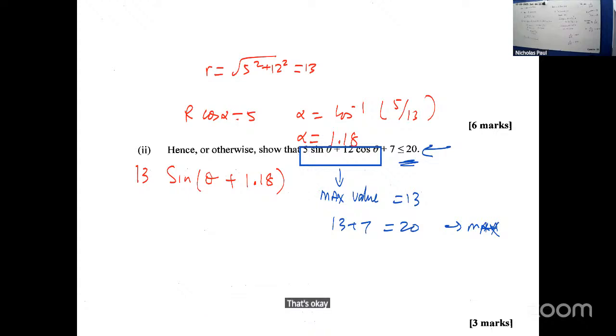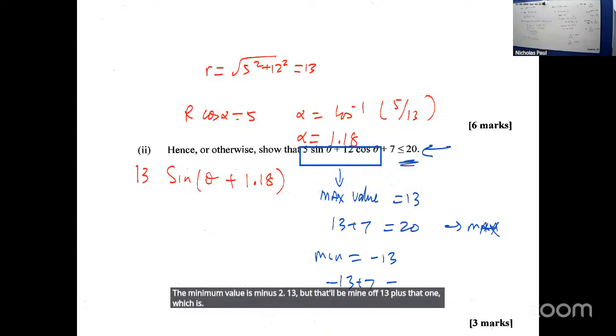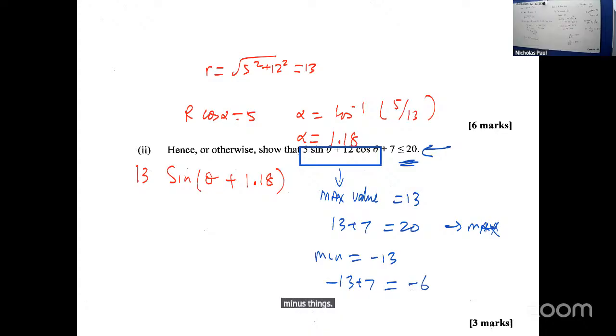And then let's just check and see what will happen with the minimum. The minimum value is minus 13. So that'll be minus 13 plus 7, which is minus 6. Right? So what does that mean? Since the maximum value is